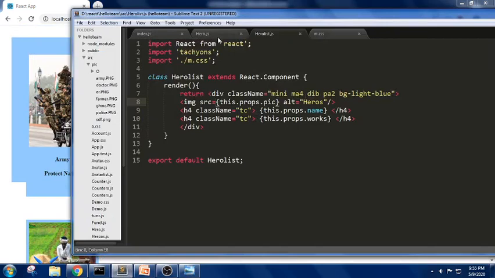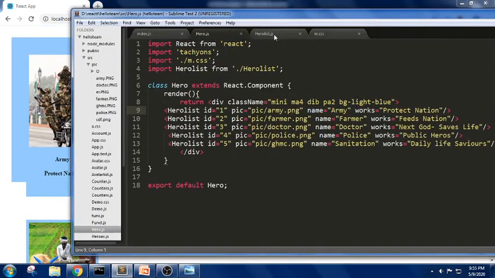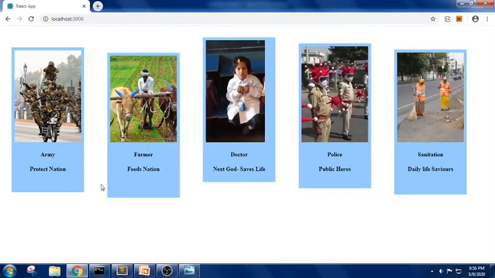We will be writing display inline-block as we have done. So it is trying to override these properties. As we have seen, we have taken the properties multiple times. It is just trying to override, nothing more. Now let's see, we got everything in the same line.